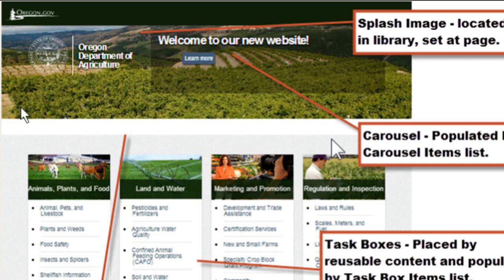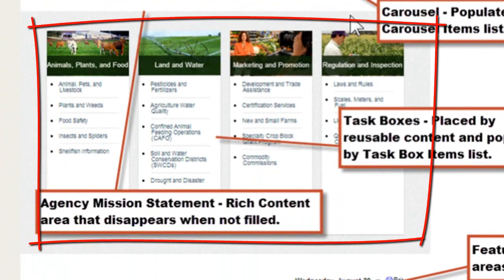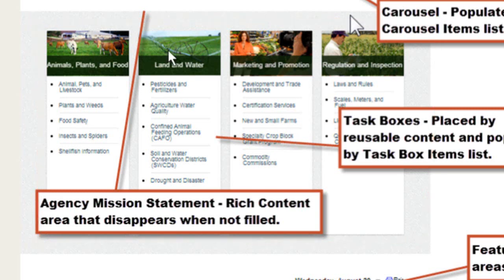Okay, the other major difference is the middle of the page. We have our task boxes, and the task boxes make it very easy for the public to get to the pages they want to get to. They put the most commonly used features of your site right out front and center. And the one thing you will notice is that we've gone away from the old newspaper type setup that we used to have with the V3, and most agencies are still under, and gone to a very functional, task-based